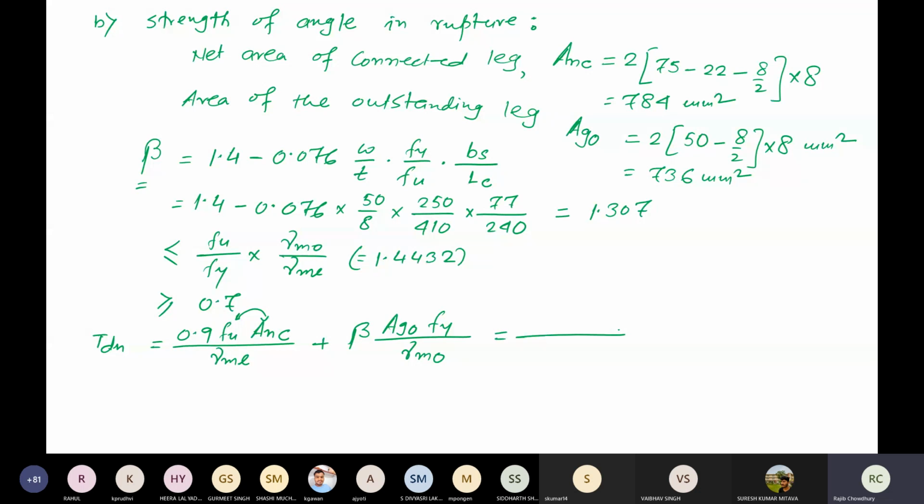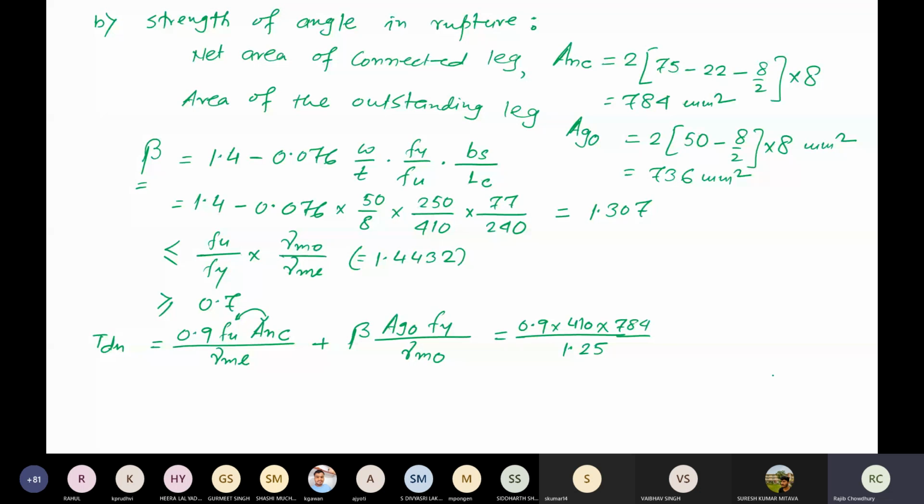Let me just write it for your easiness. So 410 times 784 divided by 1.25